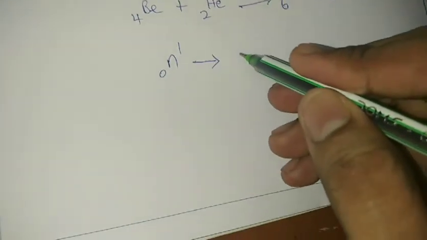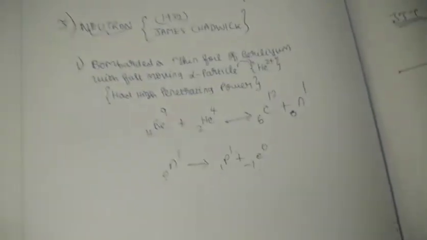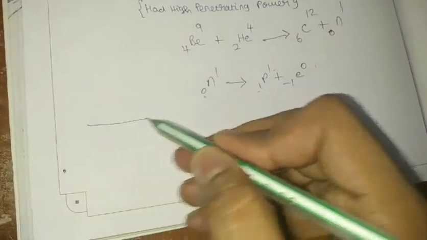So it assumes that the neutron divides into a proton, 1 1, and an electron, this one. Okay, 1 minus 1 is 0, 1 plus 0 is 1. So it's assumed that the neutron is divided into proton plus electron. It's just an assumption. So that's it, guys. So easy. So for information, I would say, basically electron, proton, neutron were found.